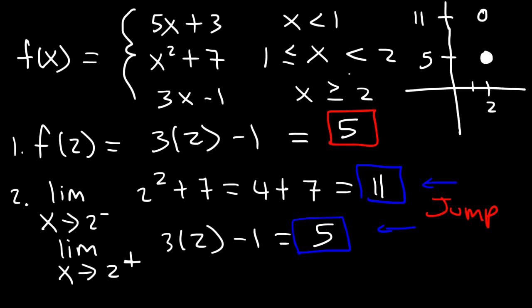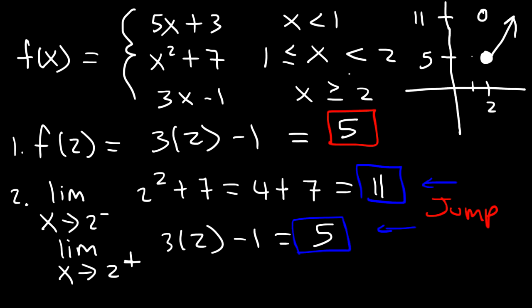Now to get the shape of the graph, you need to be familiar with the parent functions. 3x minus 1 is a linear function, and that occurs when x is greater than 2, so it should be going this way with a slope of 3. x squared plus 7 is a quadratic function with the shape of a parabola, and that's when x is less than 2. So it's going to start at 7 and then go up. And then the left side can be something like this if you don't take into account that function. But if we do,